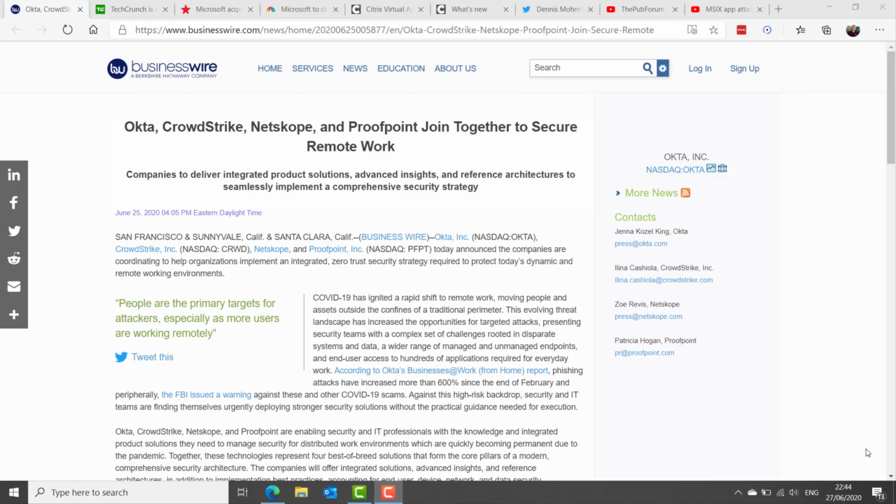But in short, since there's been such a drive for remote work and enabling employees to work from home, these four companies, who are not necessarily the largest players in their spaces, are teaming up and putting together a pretty impressive and hopefully effective modern zero trust approach for customers.